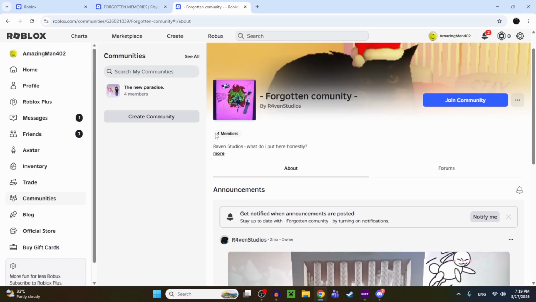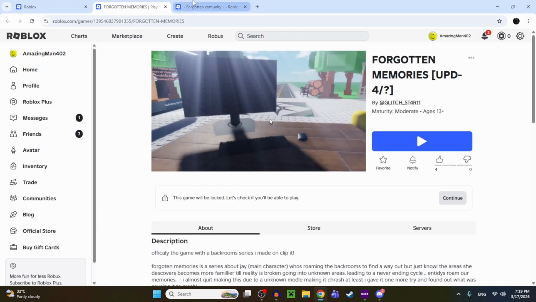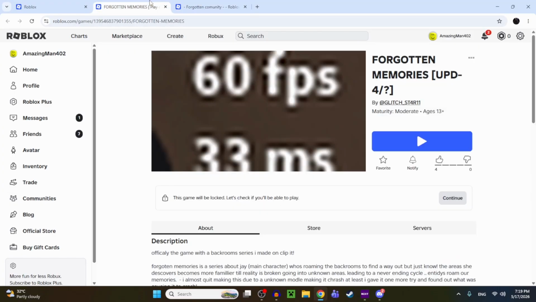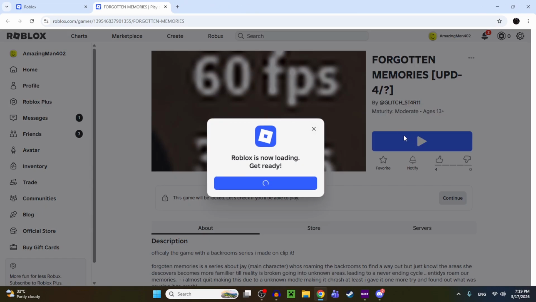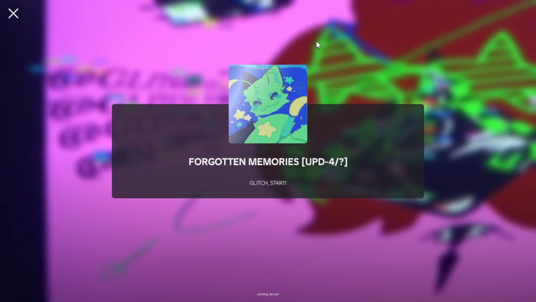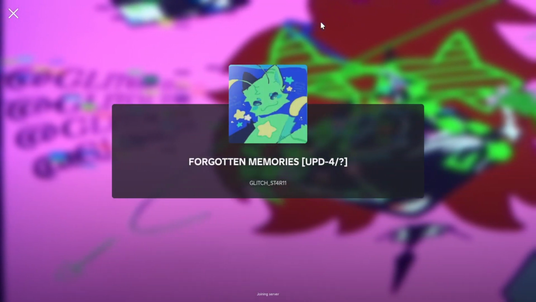See, this is what I mean when I say I love doing these word searches. This is just some random thing that I found. Like, this is just a random game. It's like random people. Let's play it, I guess. This game will be locked. Let's check. So yeah, I'm doing these word searches.